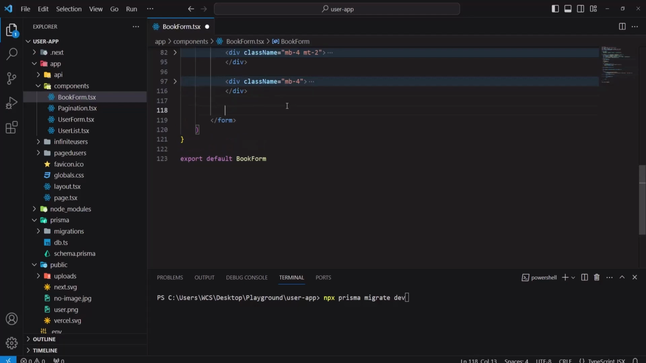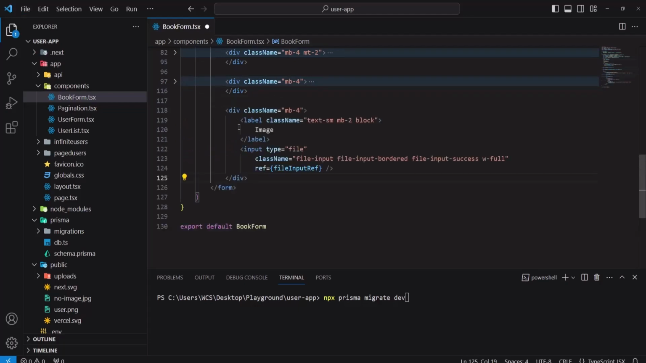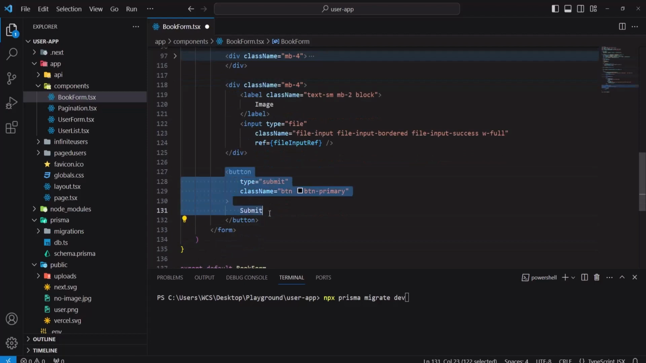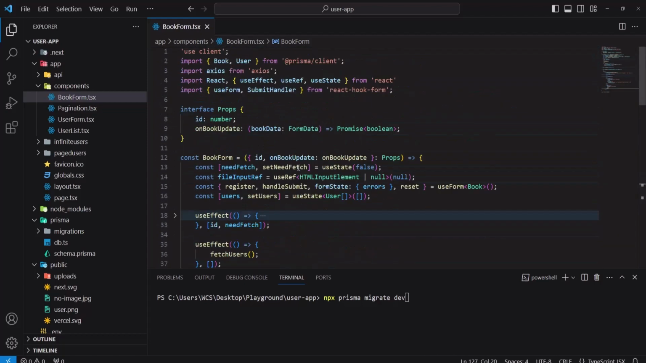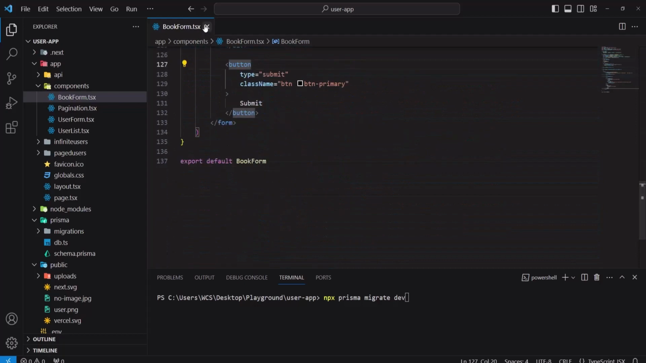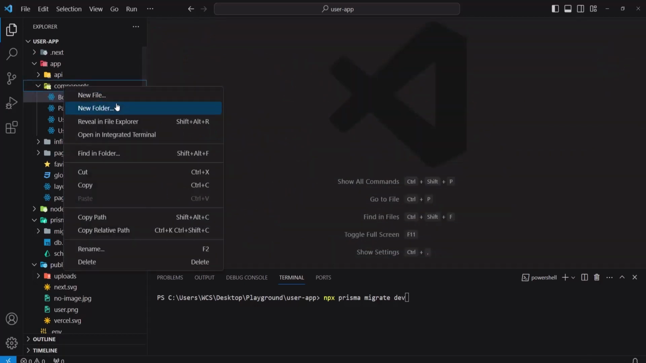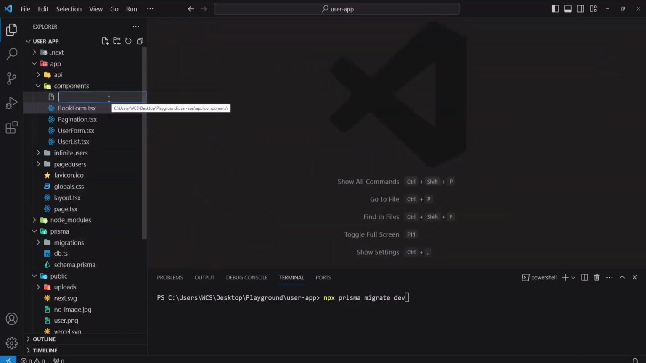And after this we will add input for image upload. So this is for file input here for the image, and last we will add this submit button. Now let's save this, and this is complete, so we can close this. Now let's add another file. We'll call this book